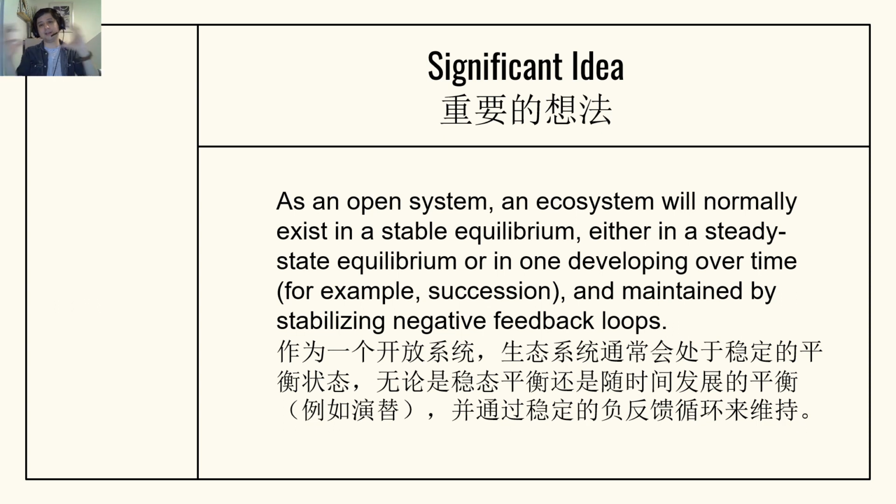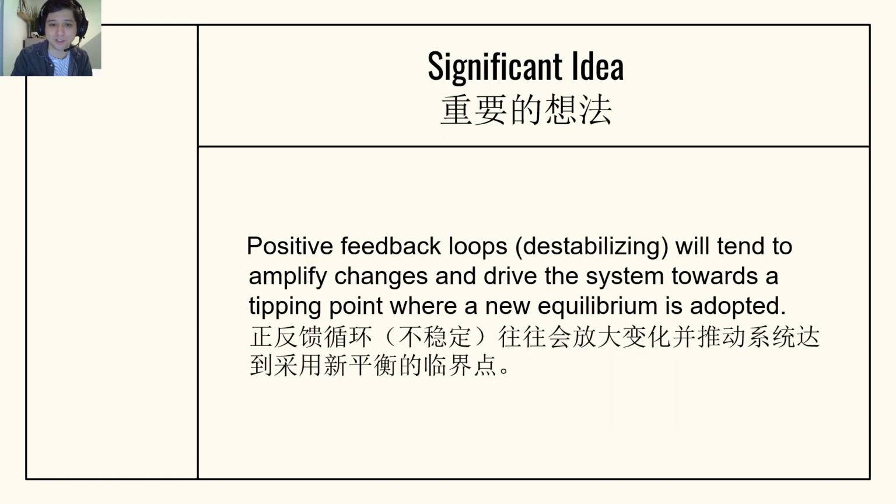So many of these ideas we've had already are put together. So we know what an open system is. We know what an ecosystem is. We know what stable equilibrium is, steady state equilibrium. We know what a stabilizing negative feedback loop is. So now we can understand most ecosystems are in a negative stable feedback loop, and as a result, they stay in a steady state equilibrium, okay, which is a stable equilibrium. So most ecosystems will normally be in that situation.